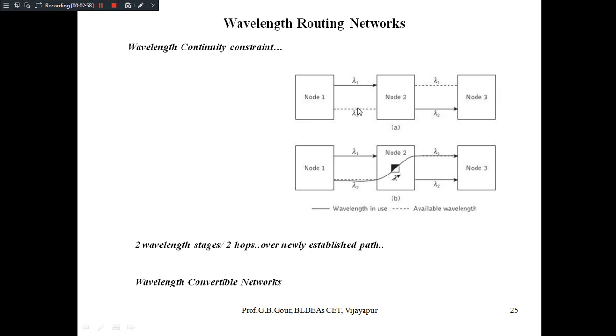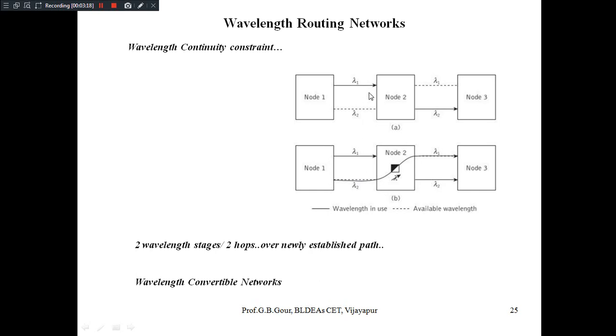The thick line indicates the dedicated physical path, and the dotted line indicates the light path. Light path means we are expecting some path to be connected there, for example, an available wavelength.